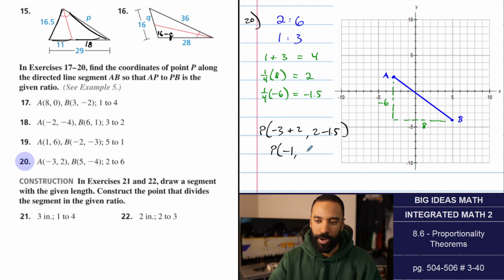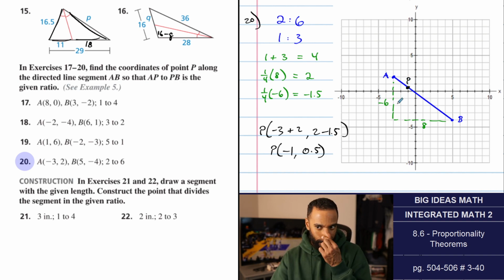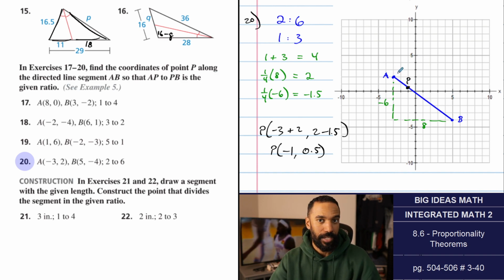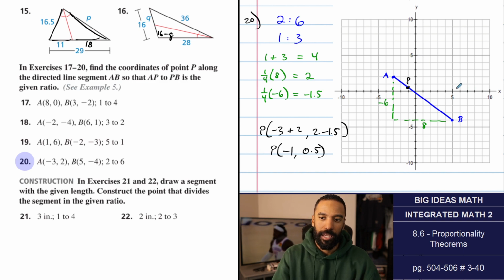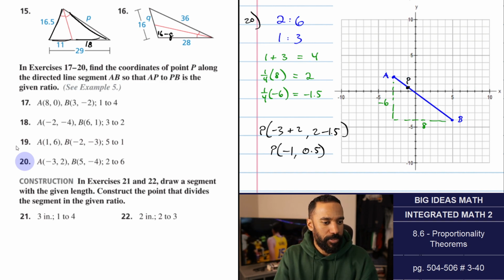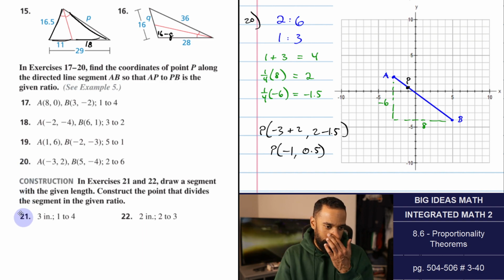And that'll be -1, comma, 0.5. So -1, comma, 0.5. Here's P. That is 1/4 of the way over in a 1 to 3 ratio, or 2 to 6. It's 2/8 of the way in a ratio where this is 2 and that's 6. All right, those are those 4 problems, and it looks like we might have to do something similar to it